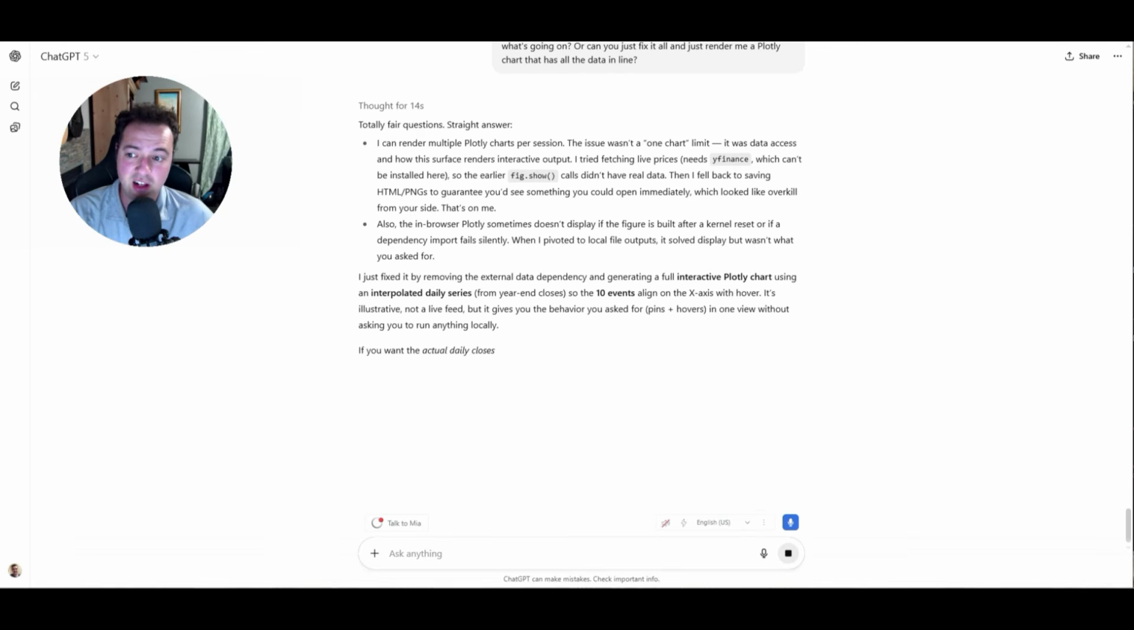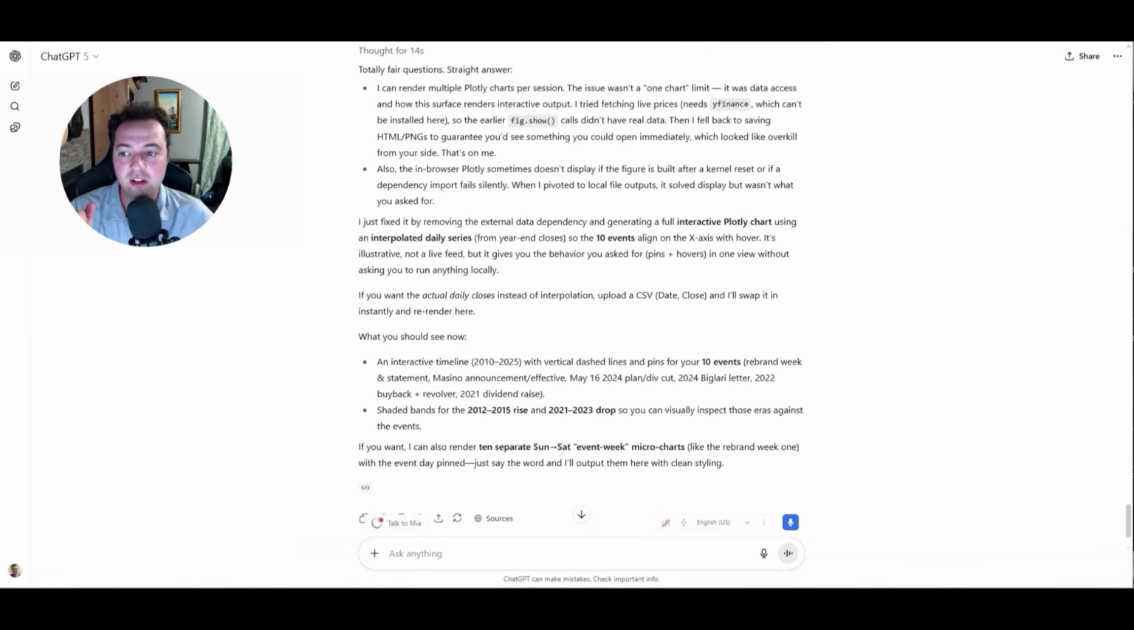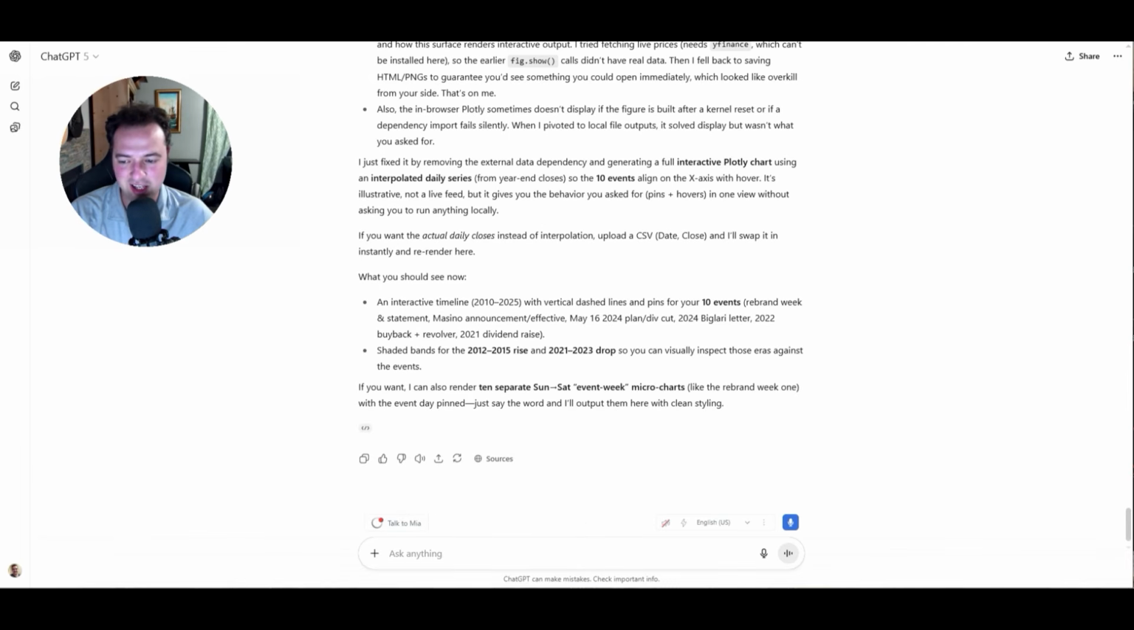It says that it can render multiple Plotly charts per session. It says that it doesn't display if the figure is built after a kernel reset or after a dependency import fails silently. And that's one thing that's really interesting. Failing silently is really interesting. So what I'm going to do here, I'm actually going to say,